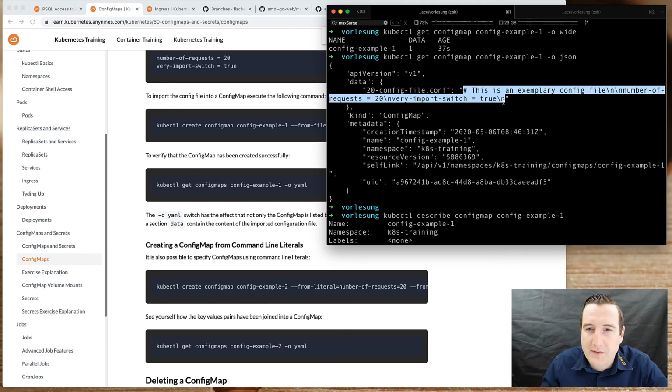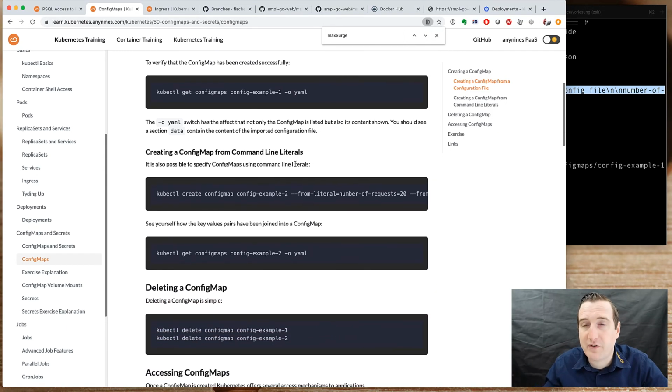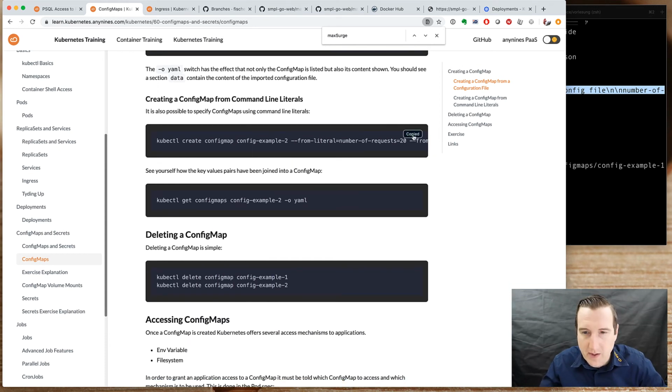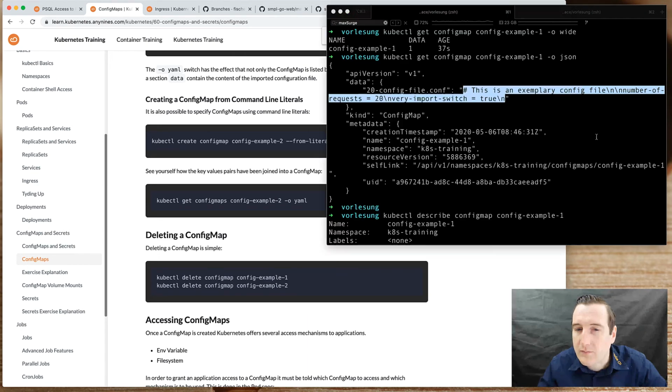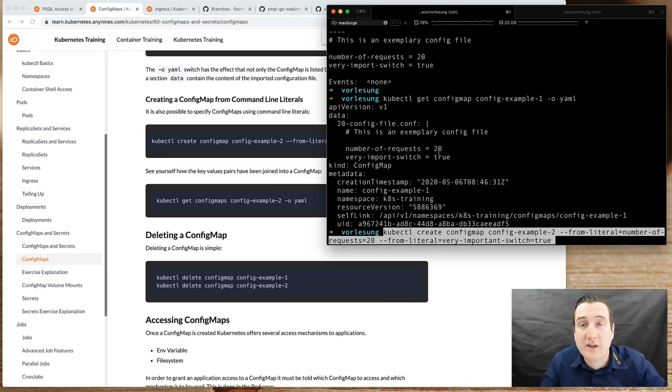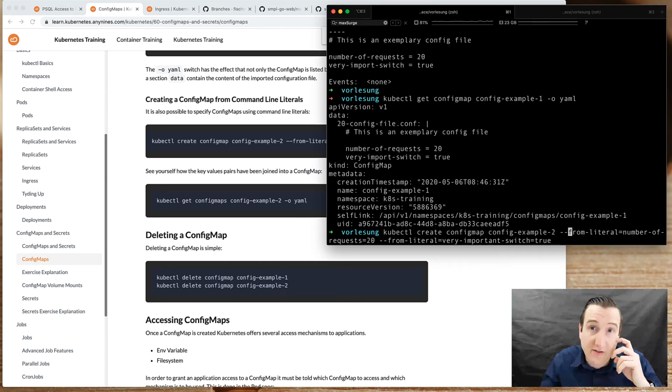So in this example, we are creating the config map from a so-called literal. You may be familiar with literals from programming languages, where you can initialize a variable by providing a value that will automatically determine its data type, or at least assign the value to the variable. So you don't have to declare the variable in one statement and assign the value in another statement. You can often have both in the same line. So in this case, you can create the config map and at the same time assign values to it. And by indicating from-literal,